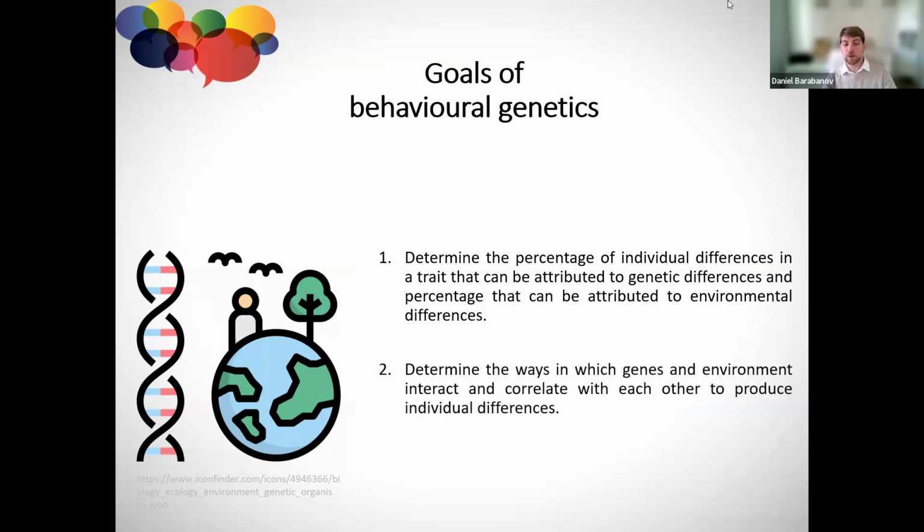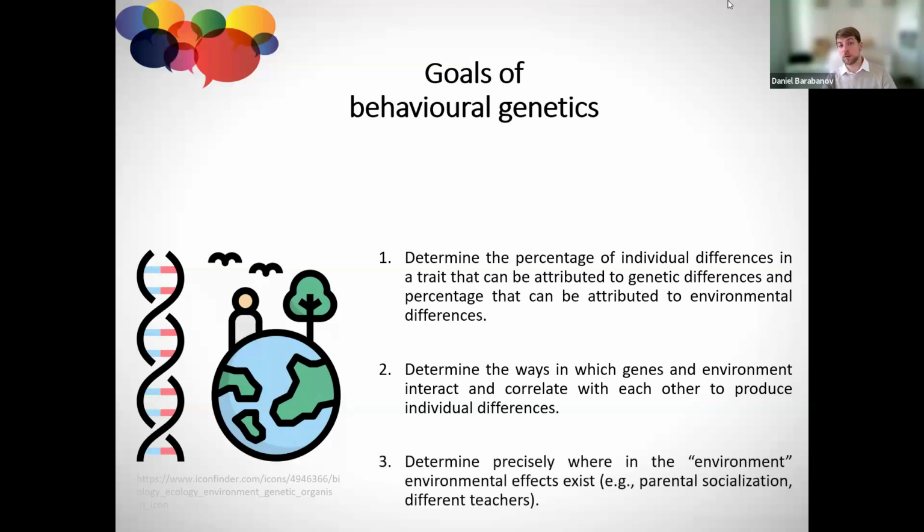The second goal is to determine the ways in which genes and environment interact and correlate with each other to produce individual differences. And finally, the third main goal of behavioral genetics is to determine precisely where in the environment